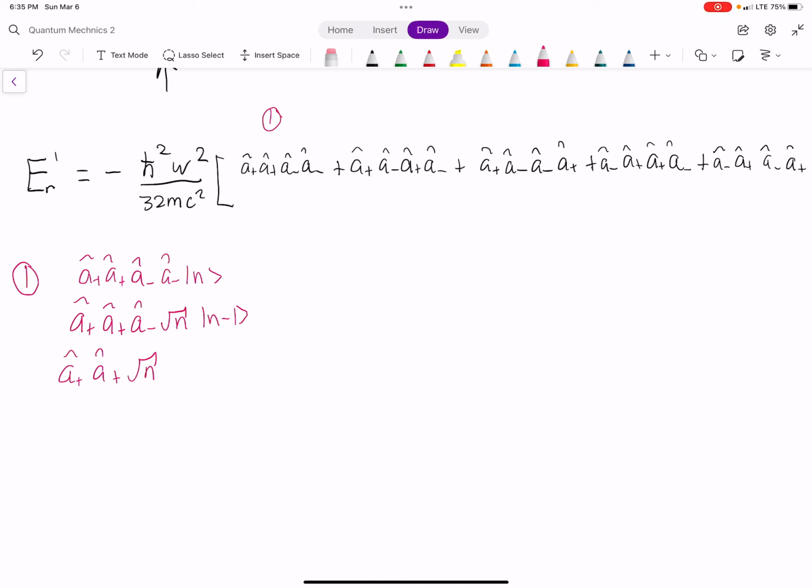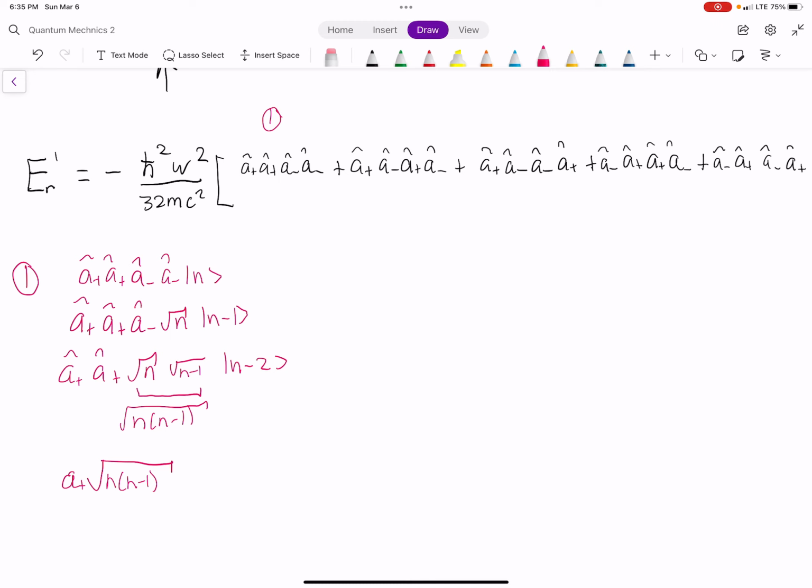And then this lowering operator will get you the square root of n minus 1 in this state n minus 2, which is just n minus 1 square root. Okay? Sorry, minus 1. So then we're going to have A plus,